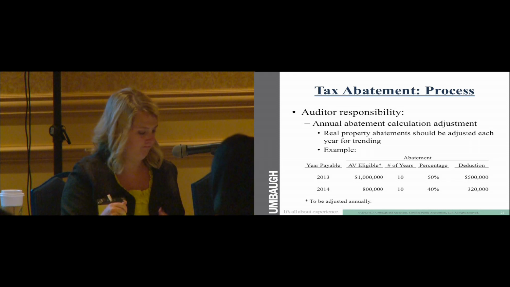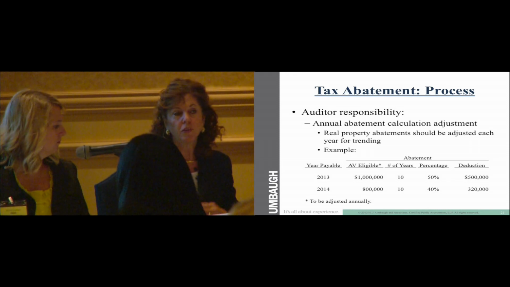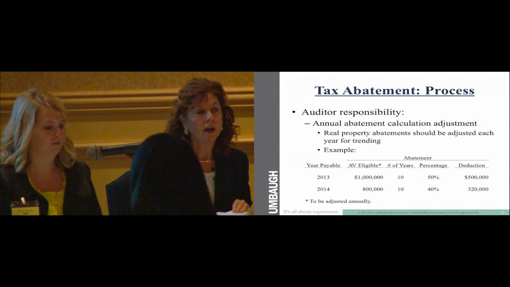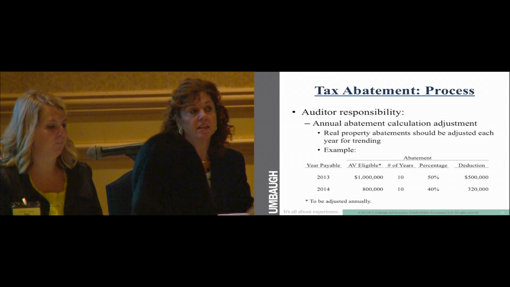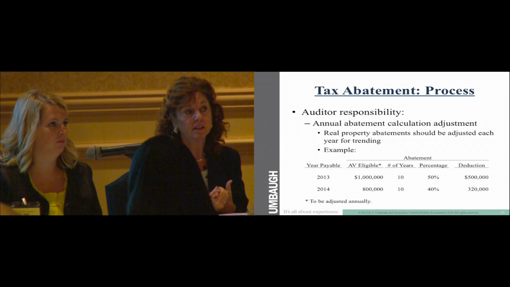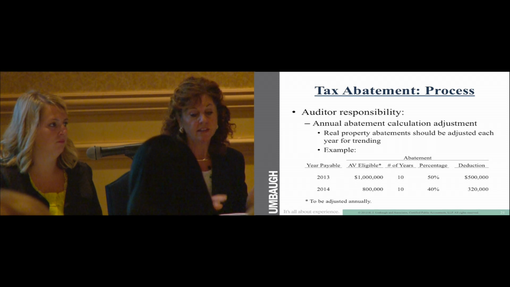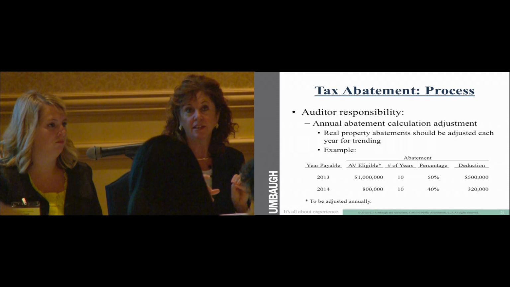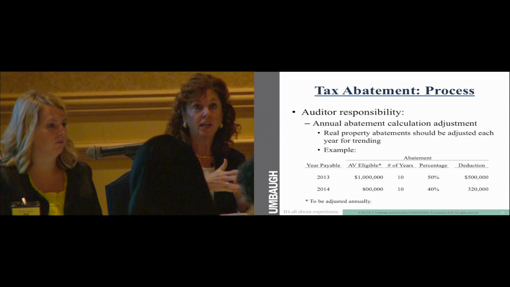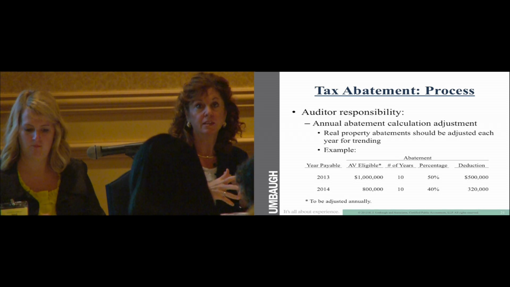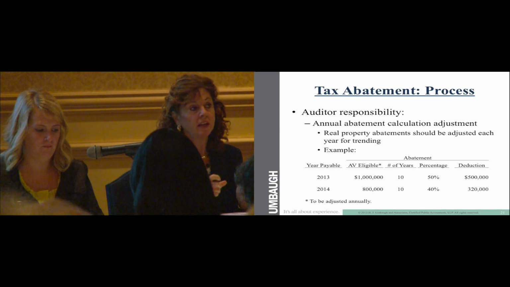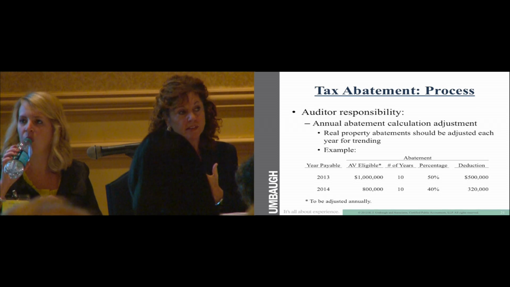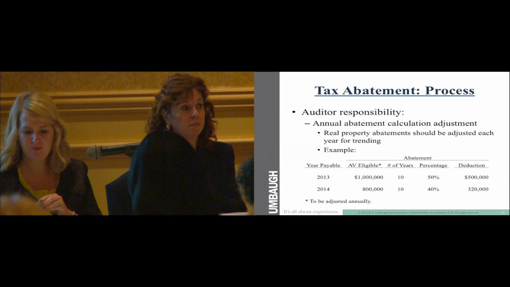One of the questions somebody asked us ahead of time was about if you have multiple abatements. You could have one abatement, say it was given on some building improvements, and say they estimated the building improvements would be $5 million, and the first year they only completed 50%. So say that first 50% of the building actually got assessed, if they do partial assessments. The abatement would actually start on that first piece, so you would apply your 100% abatement. Say it has a 10-year abatement, then 90%, 80%, and so forth.